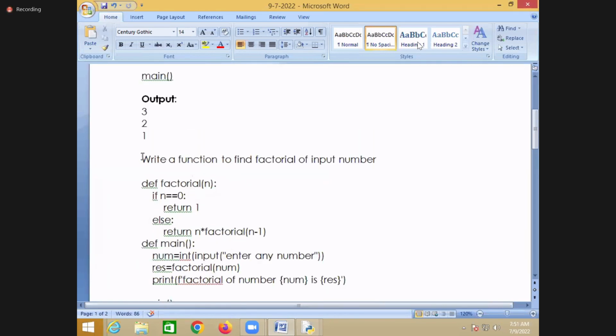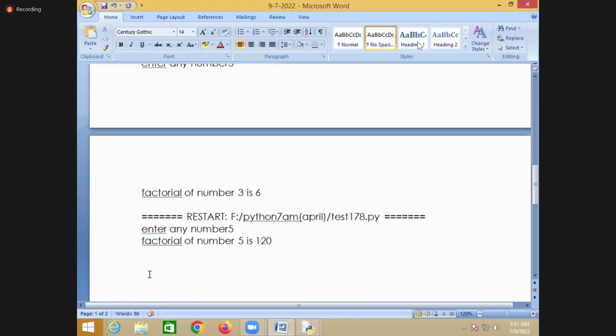So internally, function recursion uses the data structure called stack for evaluation of these things, right? Okay. Then next we'll talk about,